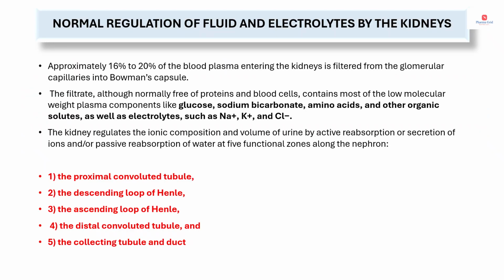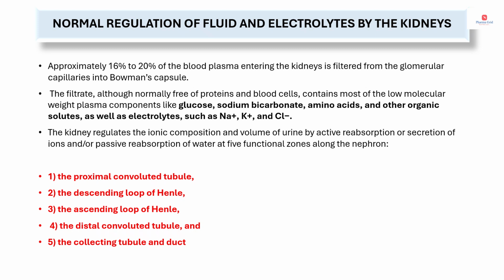First, we will see the normal regulation of fluid and electrolytes by the kidney. We know that the nephron is the functional unit of the kidney, and this nephron consists of mainly two components, that is the renal corpuscle as well as the renal tubule. The renal tubule consists of mainly three parts, that is the PCT, proximal convoluted tubule, loop of Henle and distal convoluted tubule. Approximately 16% to 20% of the blood plasma entering the kidneys is filtered from the glomerular capillaries into the